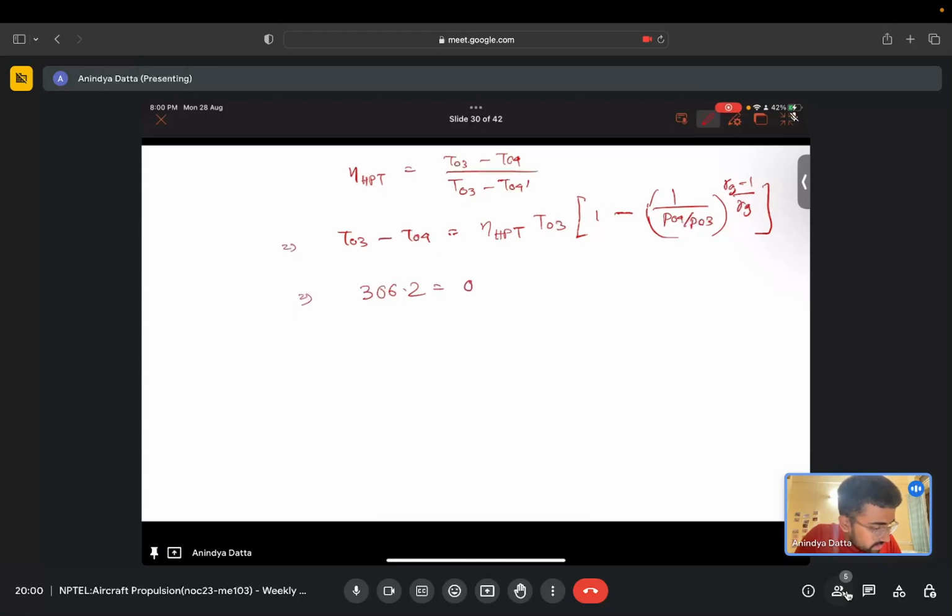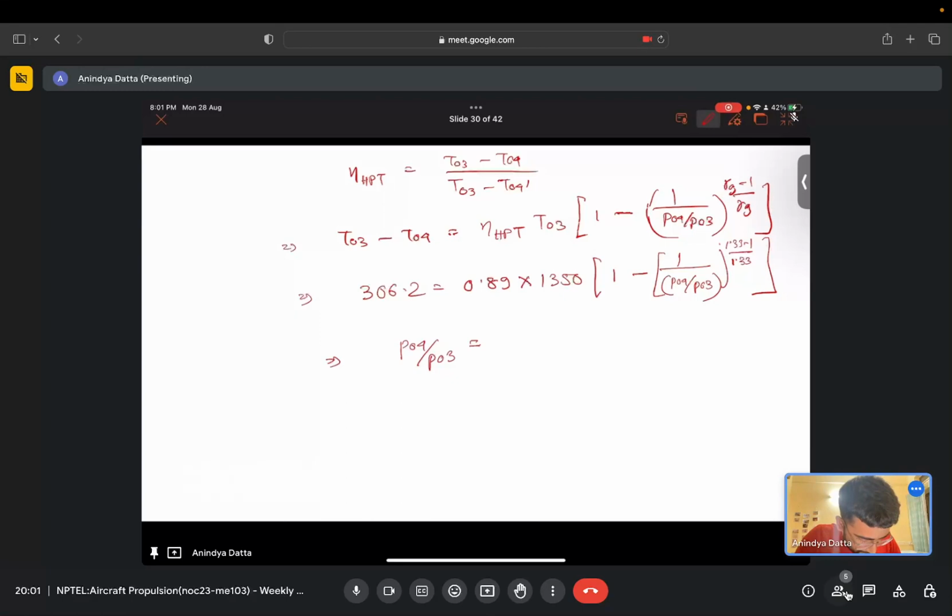Now T03 minus T04 we computed as 306.2. Eta of high pressure turbine is 0.89. T03 is 1350. One minus 1 by P04 by P03, whole to the power 1.33 minus 1 divided by 1.33. If we compute this, you will get P04 by P03 is equal to 3.243, and P03 is, we computed P03 as